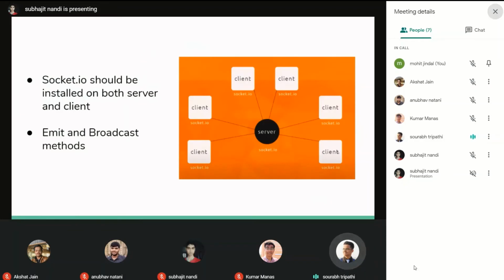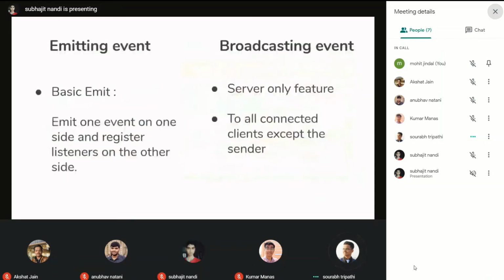Now to implement WebSockets, we have used a library called socket.io, and it must be installed on both server and client for it to work. It provides two methods. The first one is the emit method, and the second one is the broadcast method. In the emit method, the events are emitted from one side, and there are listeners registered on the other side to listen for those events.